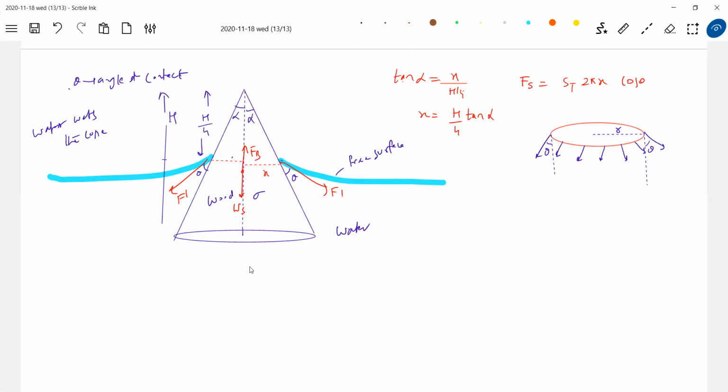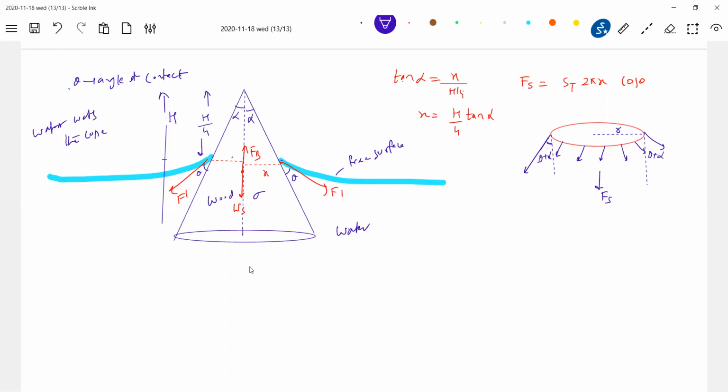Okay, anybody wants to question this? Is it only this much? Because how should this net force due to surface tension act? It should act vertically, yeah? Then what is the angle made by this force? Not just theta, it should be theta plus alpha. Do I agree? Yes, sir. Very, very good. Minute observation is needed.